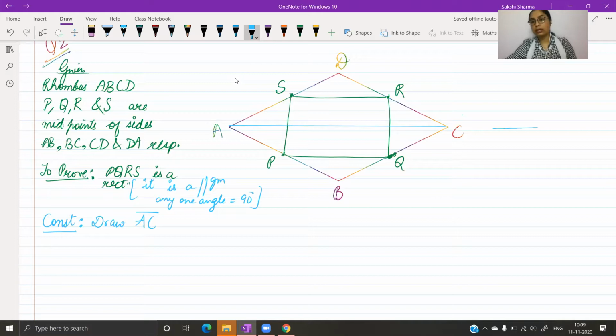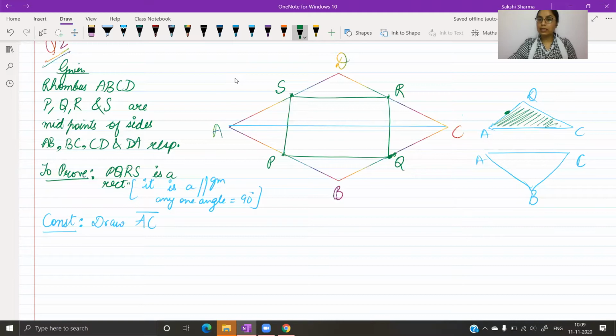Once you draw the diagonal of this quadrilateral, and I'm not considering it a rhombus right now, हम generally बात कर रहे हैं, अगर आप इसकी diagonal draw करते हो तो आपके पास दो triangles बन जाते हैं. अब इन triangles में आप midpoint theorem लगा सकते हो, provided आपके पास दो sides के midpoints हों. तो अगर मैं इस triangle की बात करती हूँ, triangle ADC की, मेरे पास एक इस side का midpoint है, इसका नाम S है, एक मेरे पास side DC का midpoint है और इसका नाम है R.